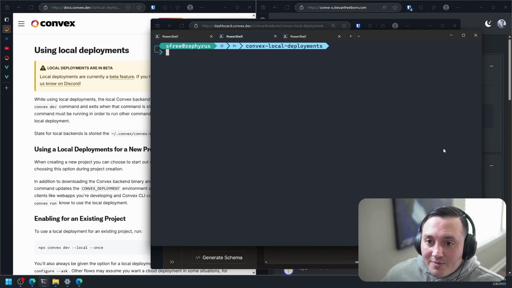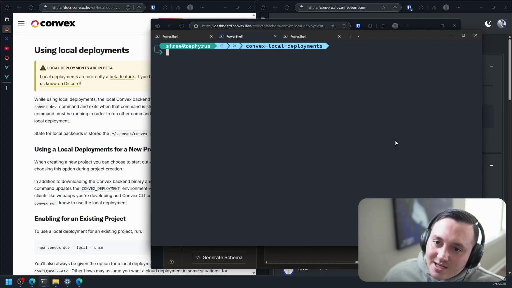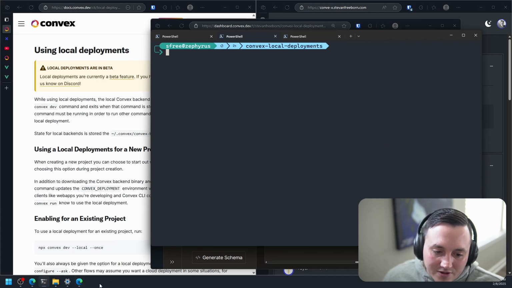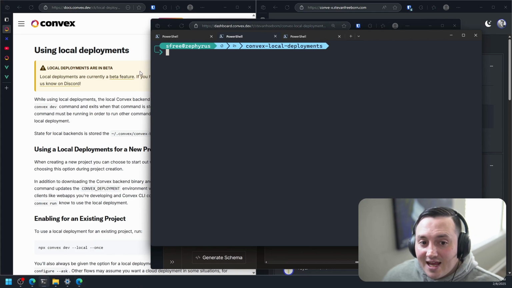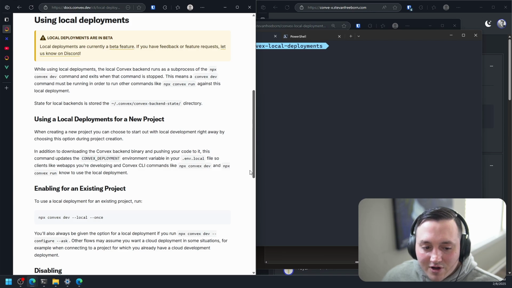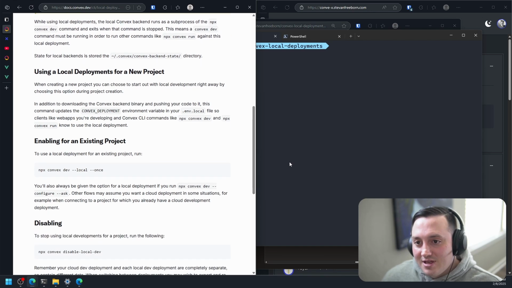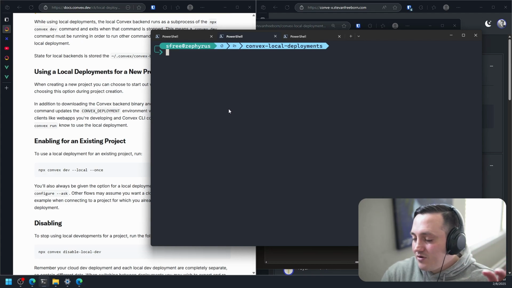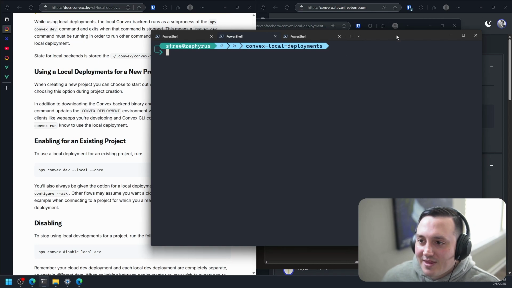But also, the local deployments is a really compelling local development case, because not only does it allow you to not have to use cloud resources to do your development, it also probably helps with testing stuff. And then, like I said earlier, they announced on their Discord that they are gonna have a self-hosted version of their software. So whenever that comes out, I'm definitely gonna consider using it for some real side projects, because I would love to have my own self-hosted version of Convex, right? And I can use all the great functionality that it offers, but I don't have to worry about that compute usage.